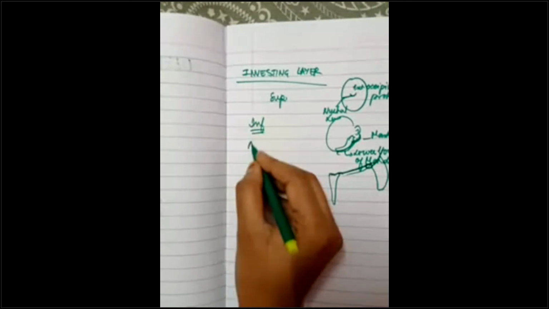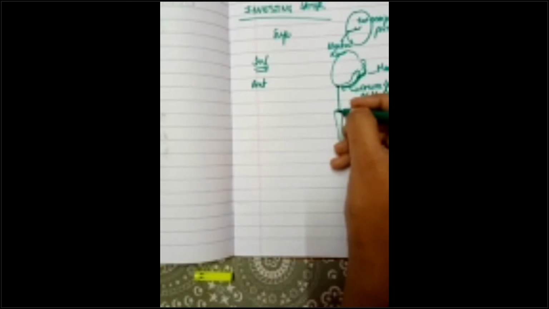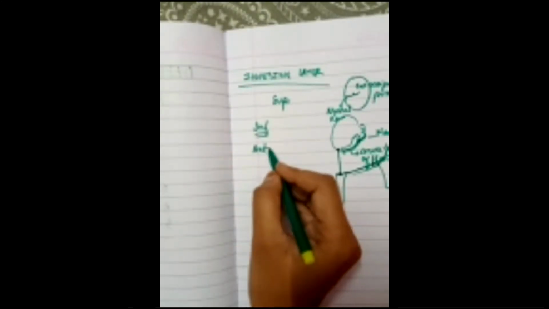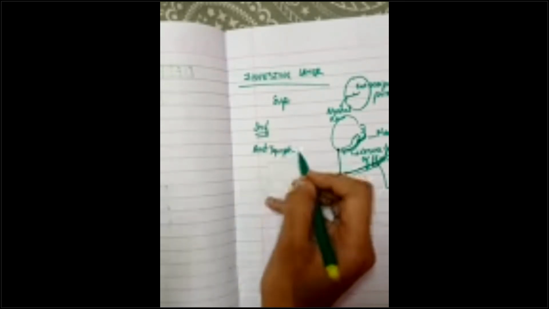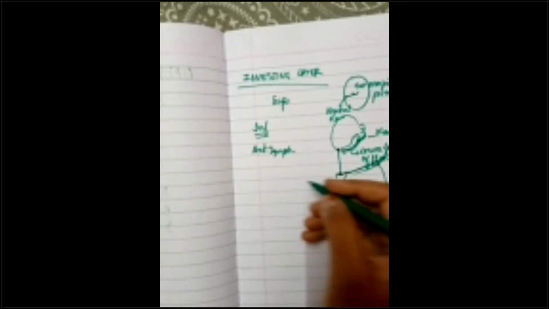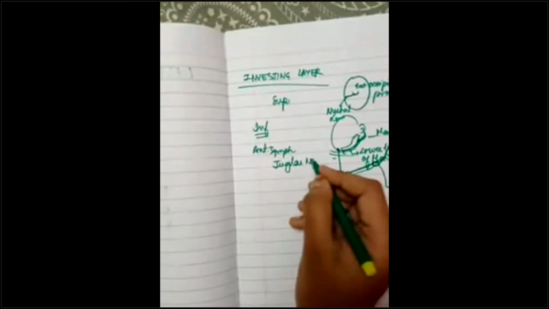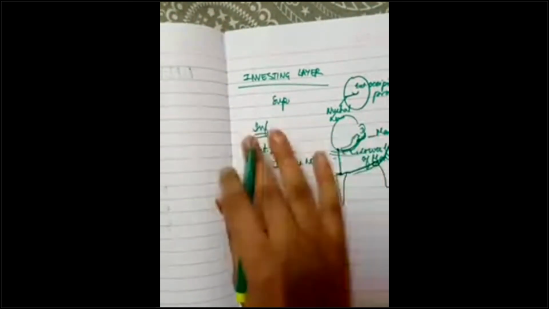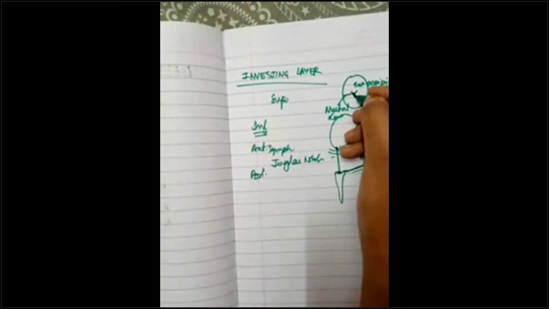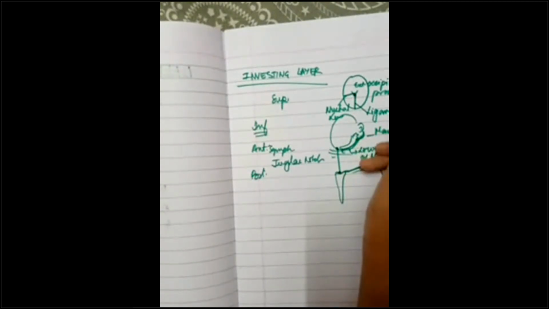Then anteriorly, from where to where is it extending? From the symphysis menti to the jugular notch. It is attached to the symphysis menti and the jugular notch, and the right and left sides are continuous with each other till the jugular notch. Then posteriorly, what do you have? Behind, from your external protuberance, you will have your ligamentum nuchae, and from there to the spinous process of C7.